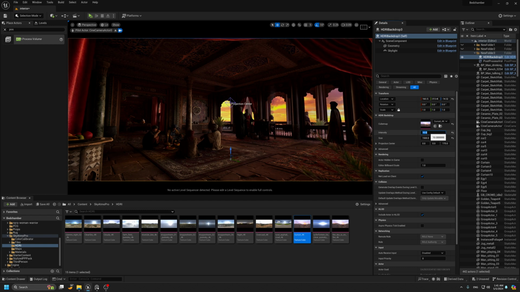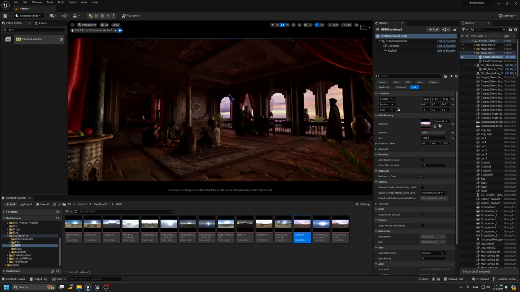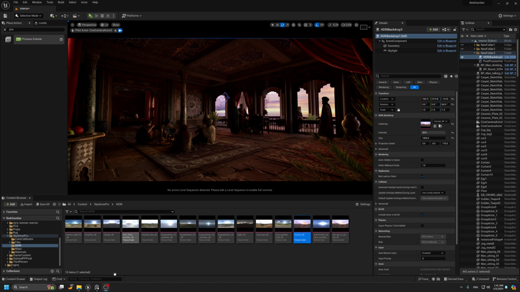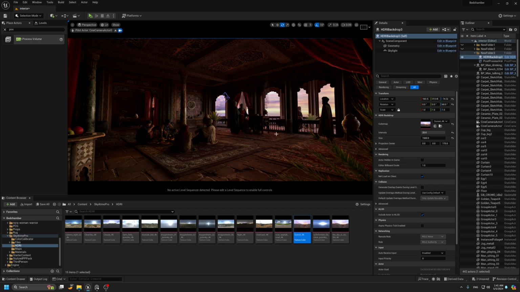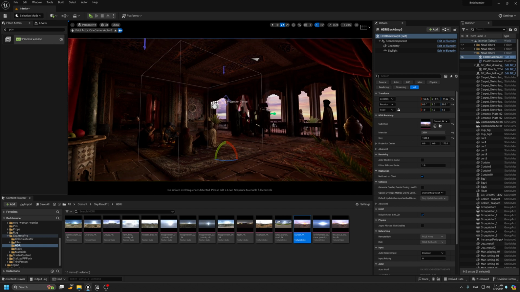So I will try to change the intensity, maybe 20. Okay, so now we put the base light, which is this one. Okay, so the light here, it looks like